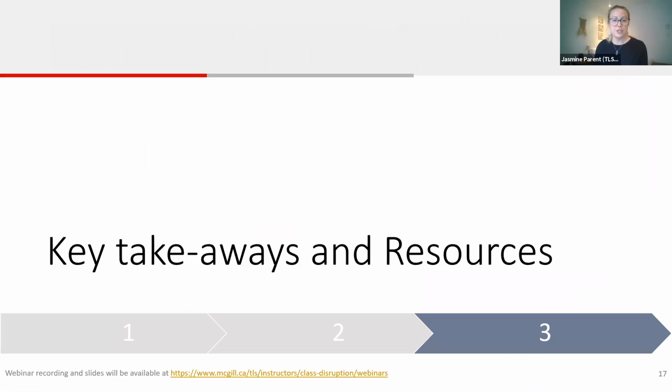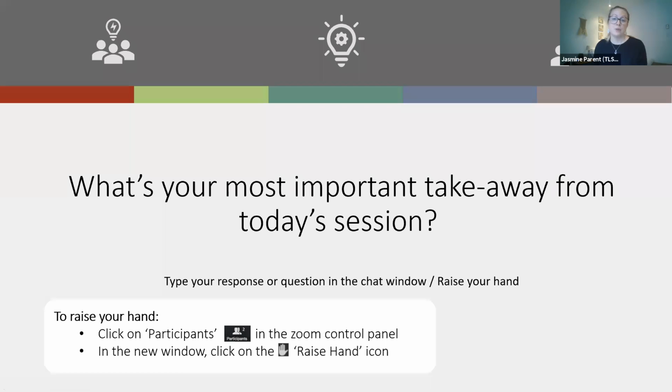So let's move on to discussing the key takeaways that we've outlined today. And we're going to hear from you. Before we do, I just wanted to mention that we talked about characteristics of well-designed teamwork assignments, which, for example, include having the assignment linked to the course goals and having it help students develop important real-world skills. We also gave you ideas on how you can use a tool like Peergrade to implement peer assessment of teamwork. But now I would like to hear your thoughts on what you felt were the most important takeaways from today's session.